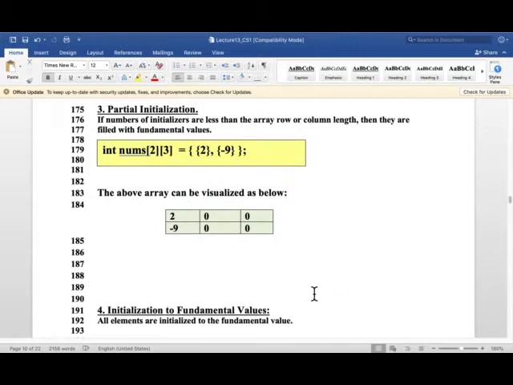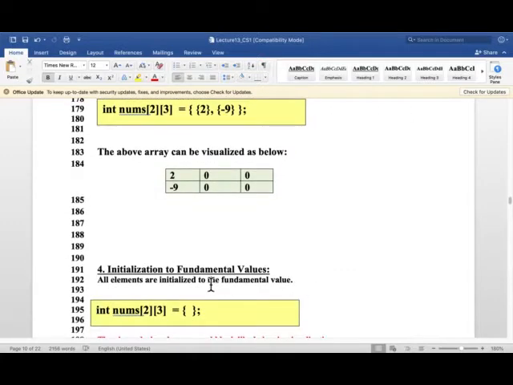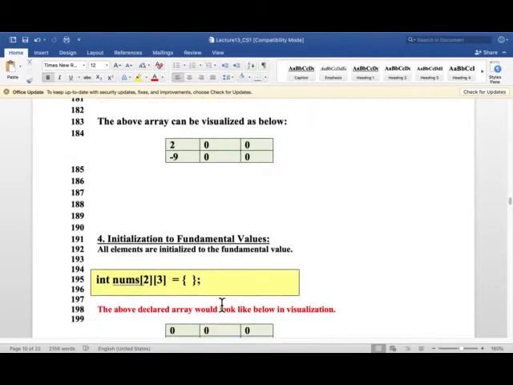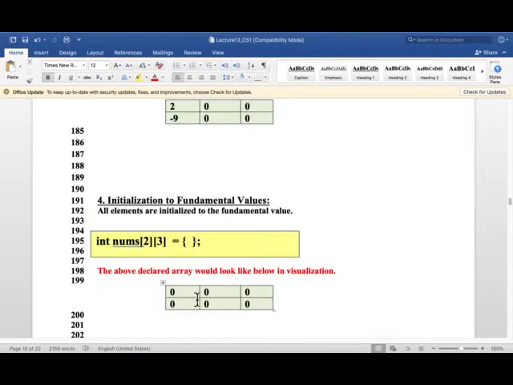And fourth is initialization to fundamental values. So if I just leave this totally blank, nothing, just like one-dimensional array, so I have 2 rows and 3 columns, and nothing here, not even these 2 sub curly braces, that would look just like this one. Everything is set to 0. 2 rows and 3 columns all set to 0. Okay, so